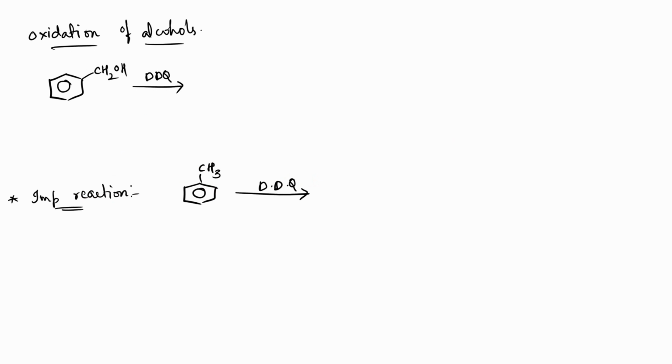Next is the last different type of reaction, that is oxidation of alcohol. When you treat compounds containing a benzylic hydrogen, where the neighboring hydrogen atom is present on an oxygen group, the reaction involves removal of hydrogen. DDQ carries out a dehydrogenation reaction. So we can clearly say that the compound formed during this process will be an aldehyde, C double bond O H. This is a simple reaction.